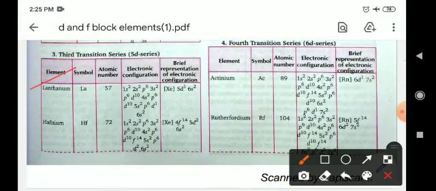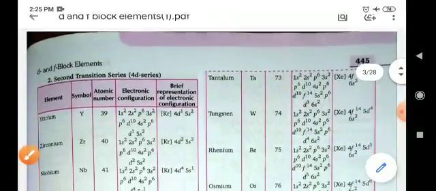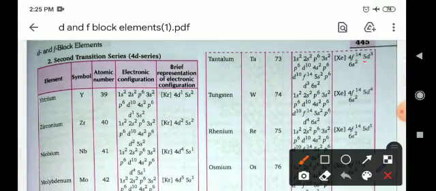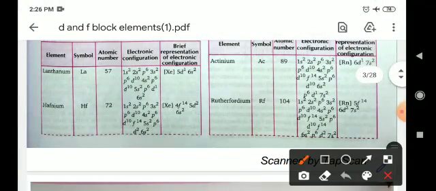And the 5d series: lanthanum 5d1 and 6s2. Hafnium is an f block element, so the last electron will go in the f orbital. Okay, and in d there is 5d2. Next, tantalum 5d3, 5d4, 5d5 and so on. Okay, now the fourth transition series: actinium, atomic number 89, radon 6d1, 7s2, then rutherfordium 6d2 and 7s2,